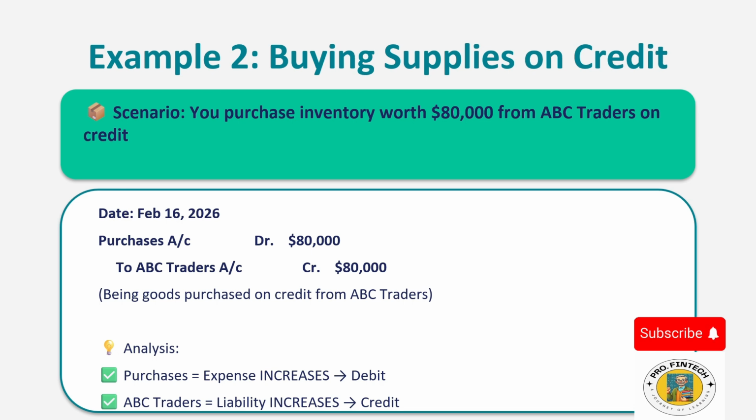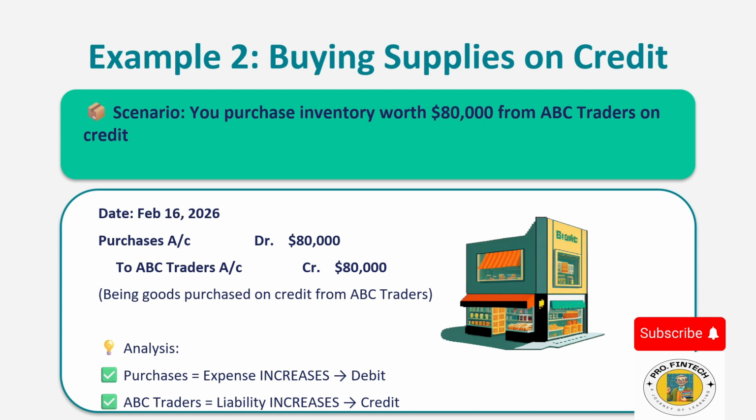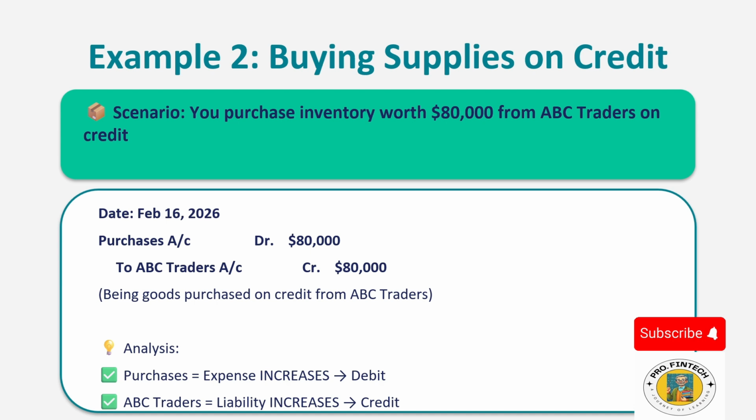Example 2, buying supplies on credit. Now let's say you run a retail store and you need to buy inventory from a supplier called ABC Traders. You purchase goods worth $80,000, but you don't pay immediately. You buy on credit, meaning you will pay later. How do we record this? Step 1, accounts involved. We are buying purchases, inventory or expense, and we are creating a payable to ABC Traders,